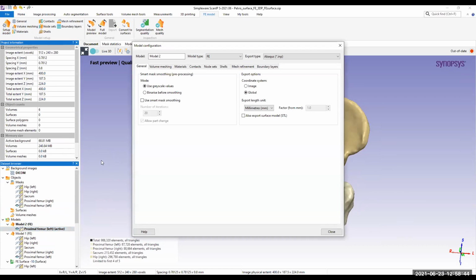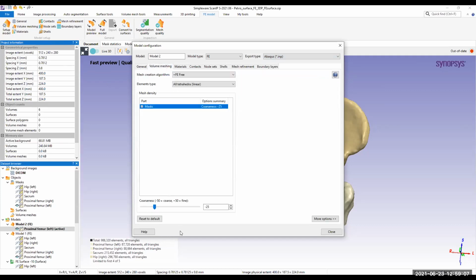I have this setup model tab, and here I can configure my finite element model. First of all, I need to decide in which software I'm going to export. These are some software specific outputs that I can take from here. I will leave it at Abaqus at this point.